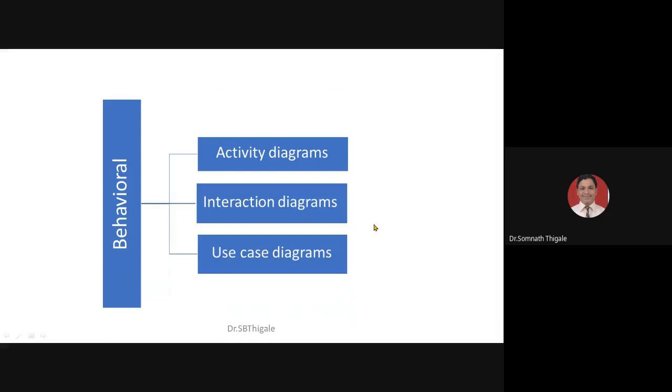Now next, after structural diagram, behavioral diagram. And in the type of behavioral diagram, remember the sequence to draw it. You can start with the use case diagram, interaction diagram, and activity diagram. So I'm calling this a behavioral diagram. Now see, is the sequence needed there? Yes, we have to draw the diagrams in a sequence.